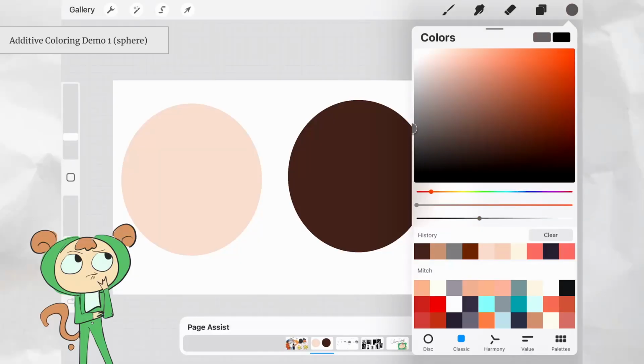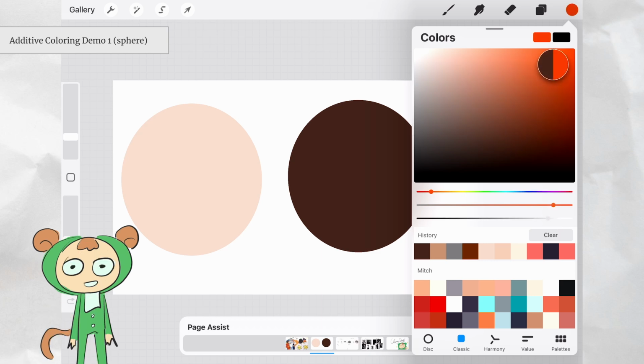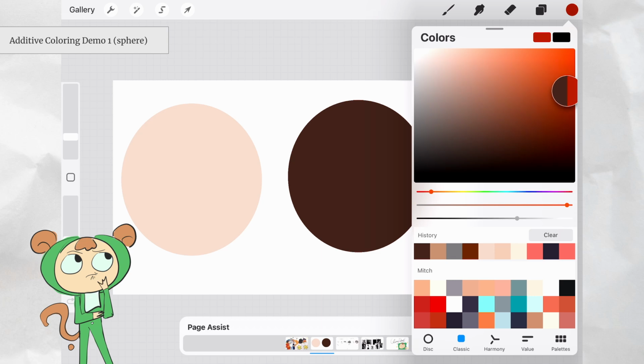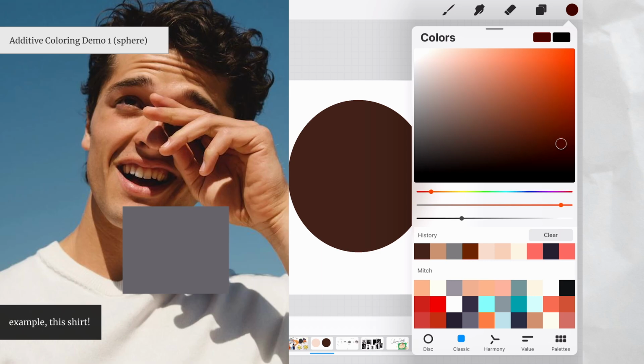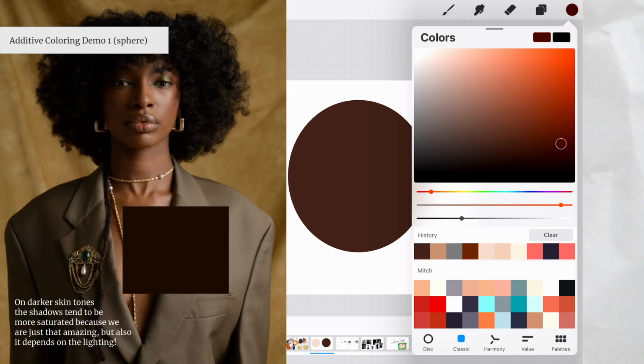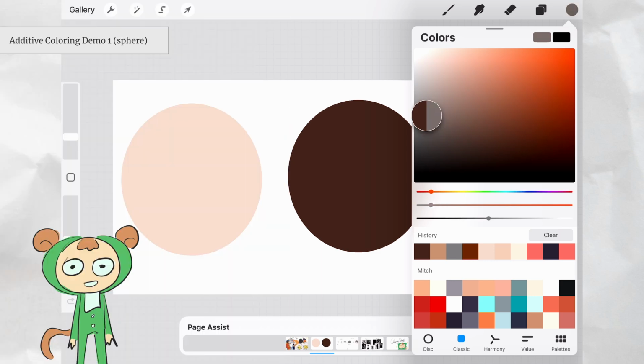Usually when beginners first start drawing or coloring, myself included, they tend to have their shadows towards the right side of the color wheel. They make them super saturated, super warm. But once you start coloring more, you'll find that most shadows are actually very cool. They're very dull and muted, and you kind of want to be picking from the lower left section of your color box instead. So I just go straight to the left and I pick an exact middle mid-tone color,